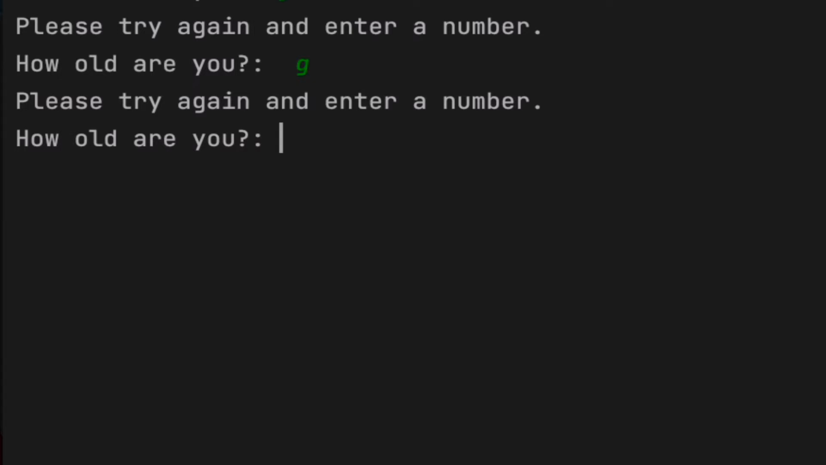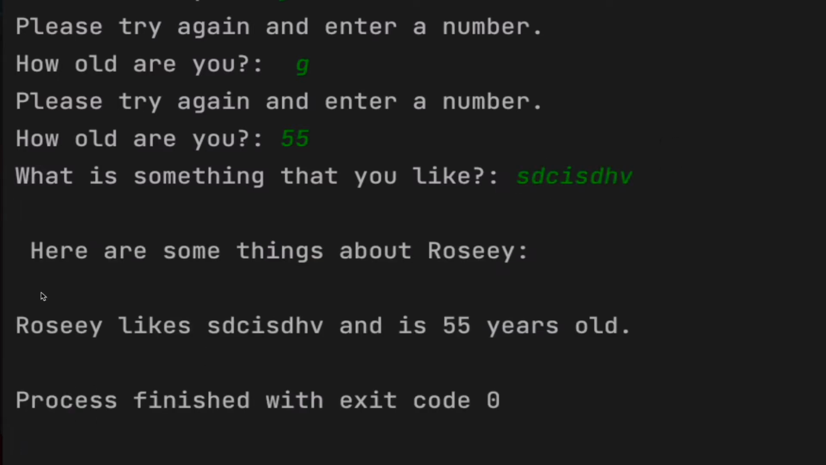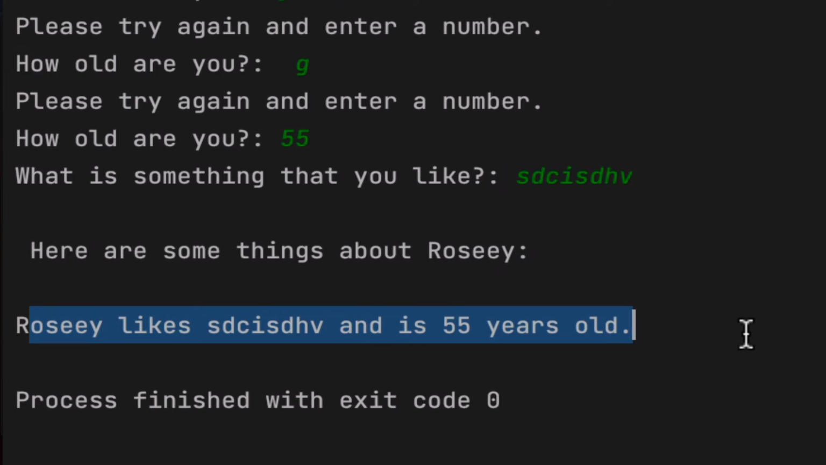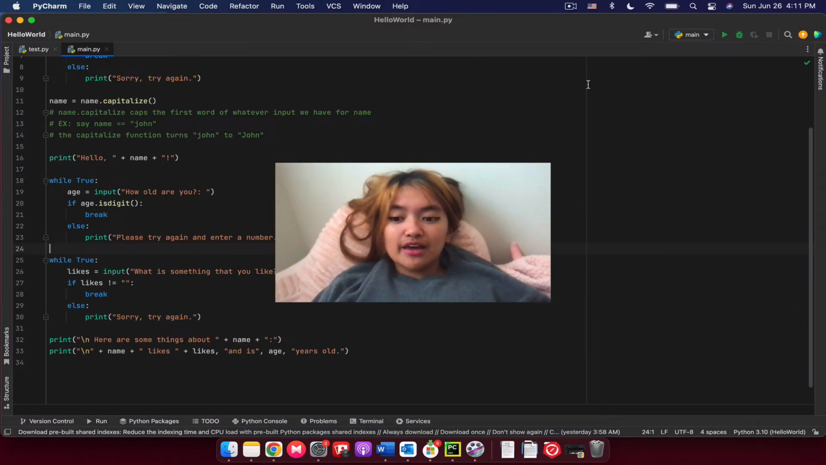So how old are you? I will say I am 55. What is something that you like? That doesn't matter. But anyways, Rosie likes blah, blah, blah, and is 55 years old. So that's one of the uses of when isdigit is useful, when you're trying to only get numbers from your